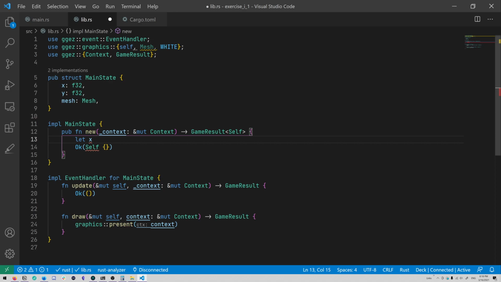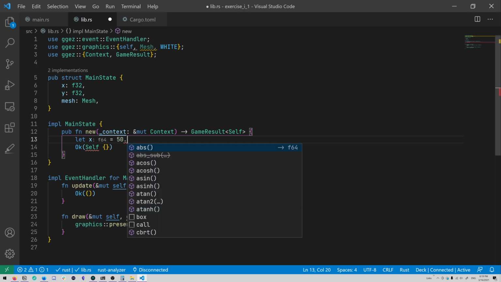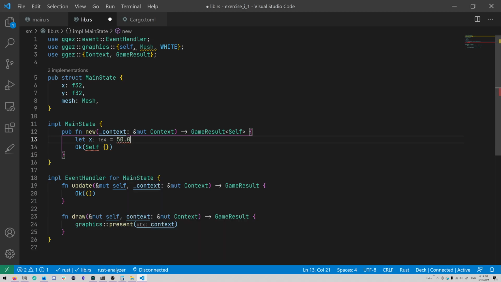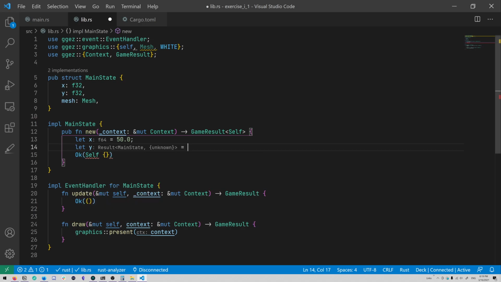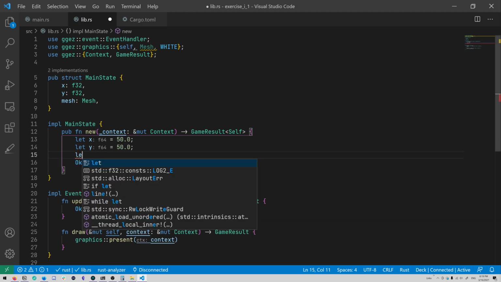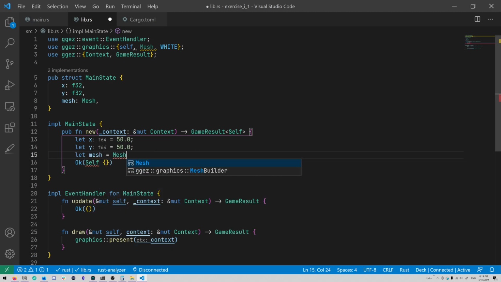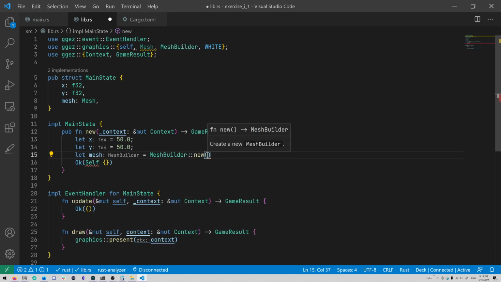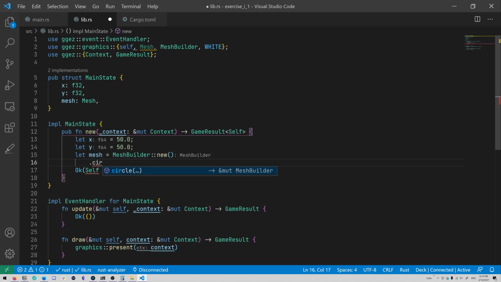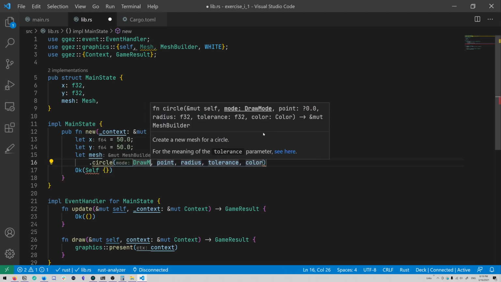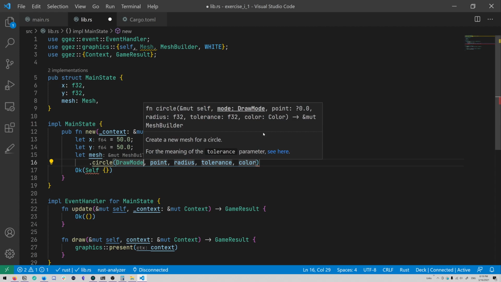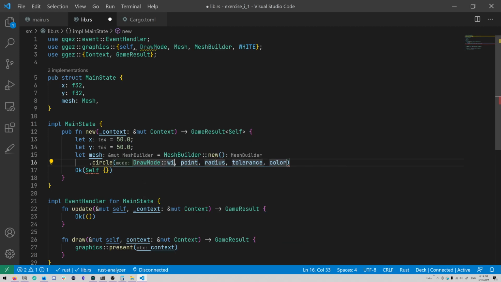So let X equals, I'm thinking that we're going to start in the top left corner because we're definitely going to see this in a bias down and to the right. So that's going to be like 50.0, let's say, and let Y equals 50.0. Then we're going to create our mesh. I'm going to make this a circle, the draw mode, fill,